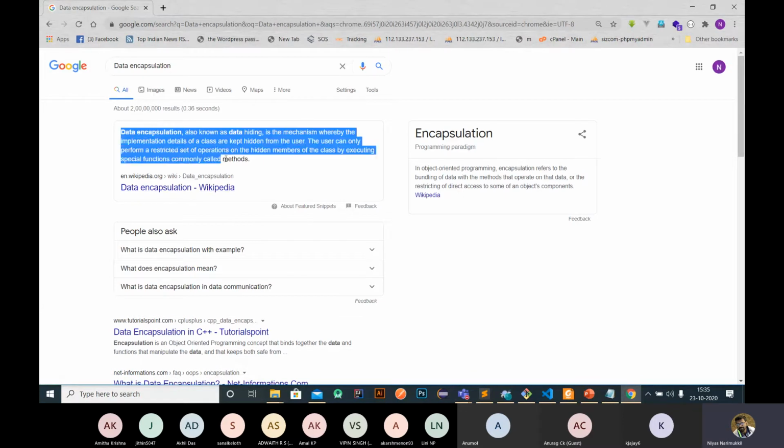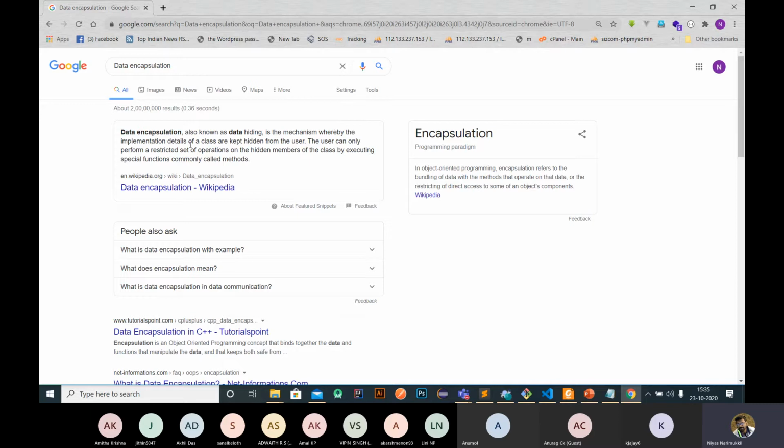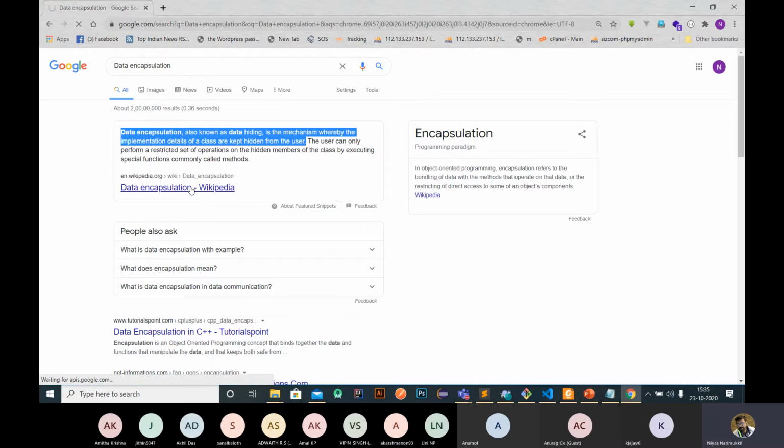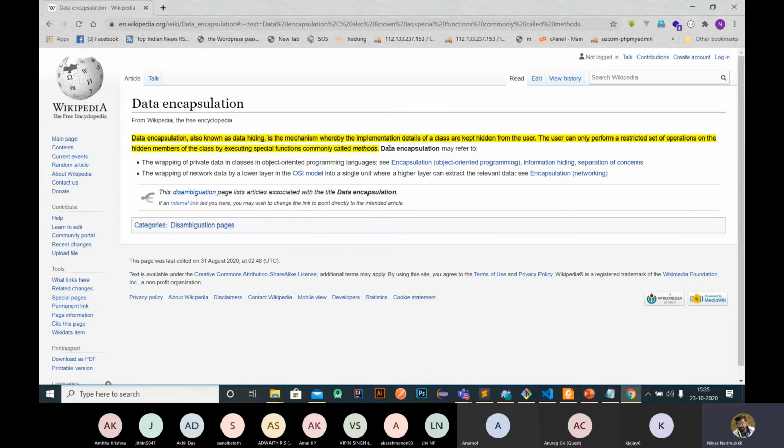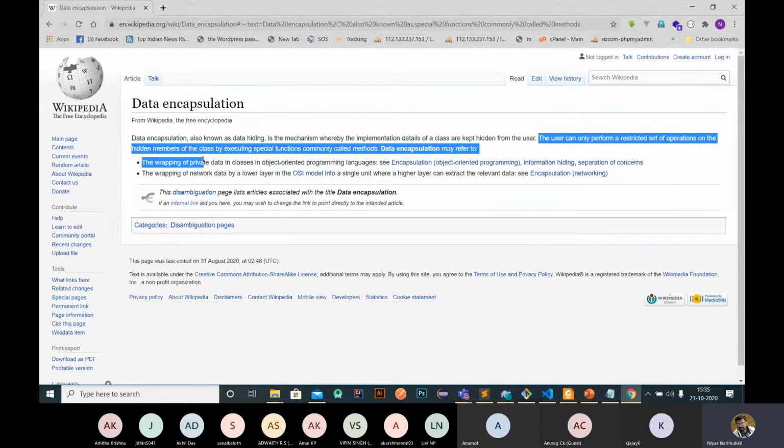Data encapsulation is also known as data hiding. It's a mechanism whereby the implementation of data is kept hidden from the user. So the user can only perform a restricted set of operations on the hidden members of the class.